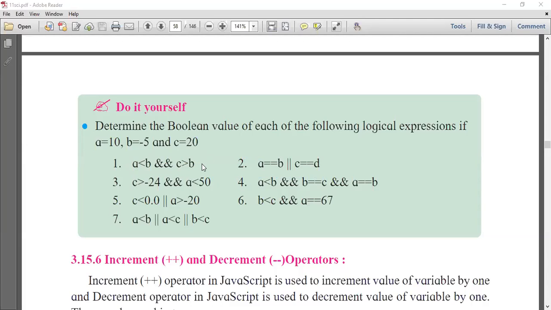So this is false. Now the second one: A double equal to B or C double equal to D.